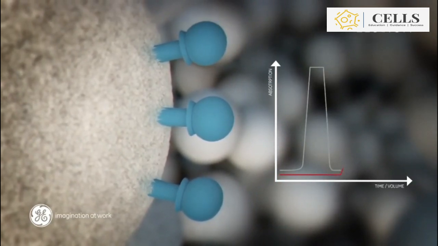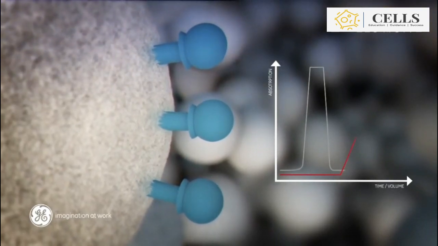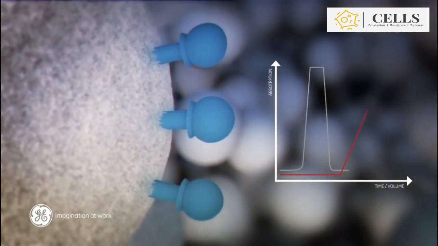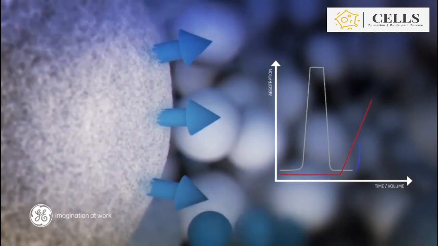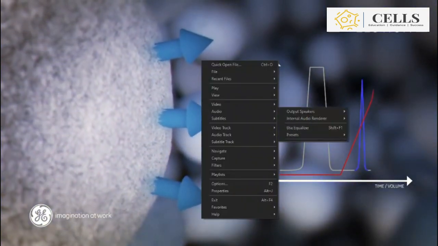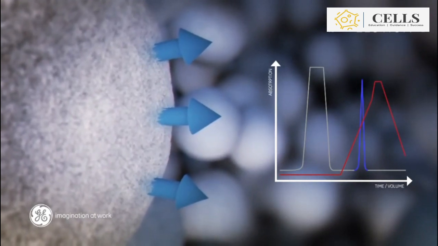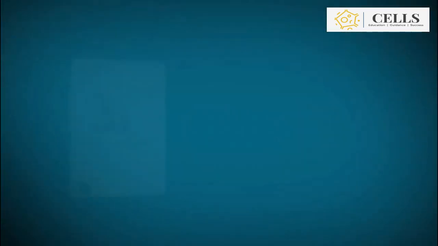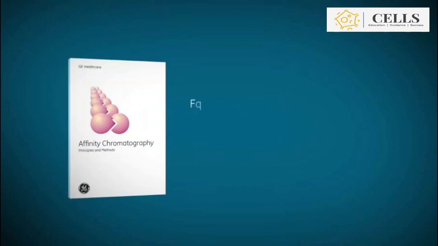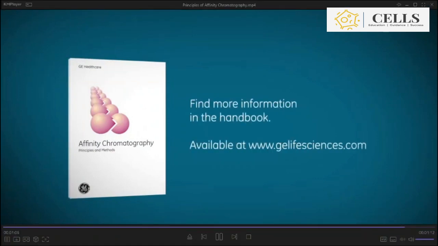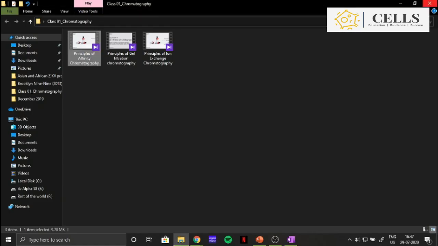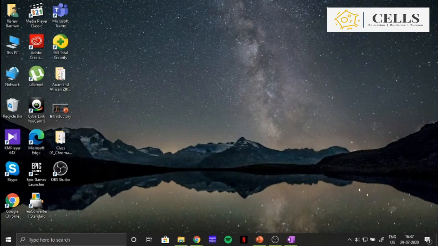In the third step, elution, biomolecules are released from the biospecific ligand into the elution buffer by a change in the buffer composition. A common way is to increase the pH of the buffer. So you are getting an eluted fraction here. So this is all about how it is bound and how it is not bound. This is affinity chromatography, the basic concept of binding of our protein of interest.